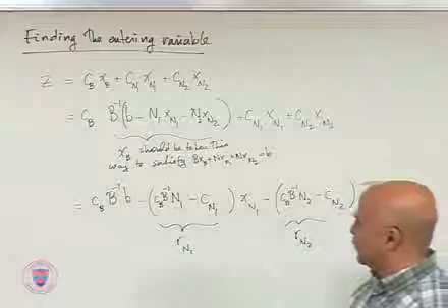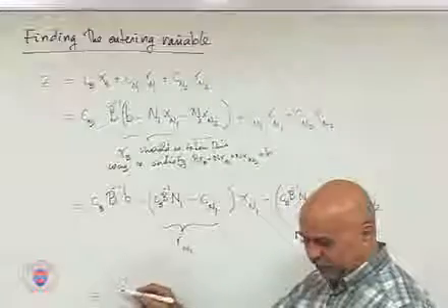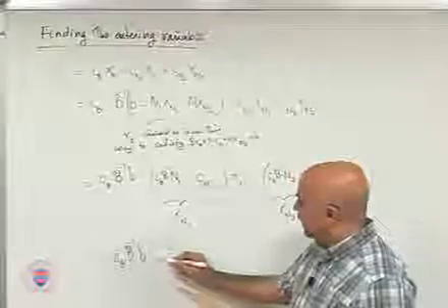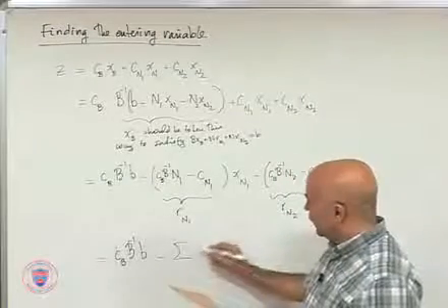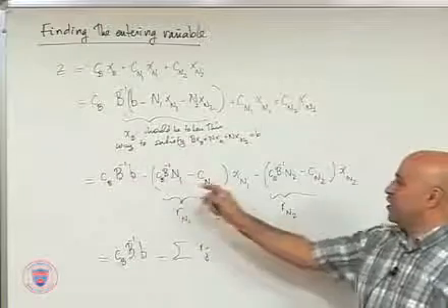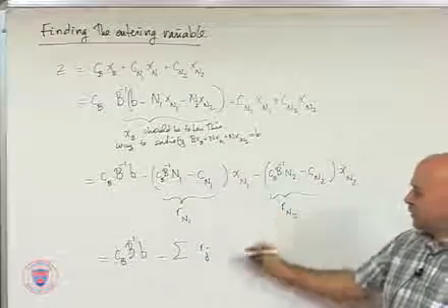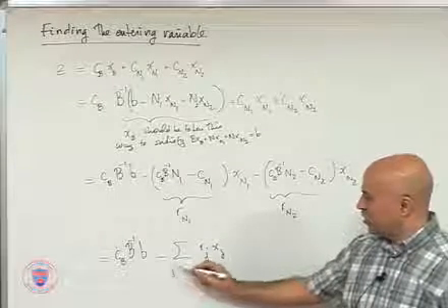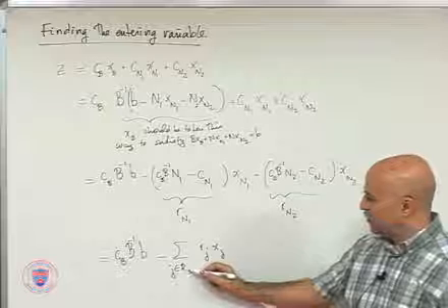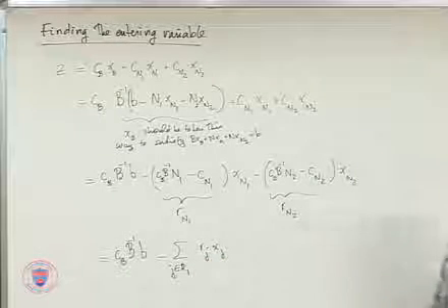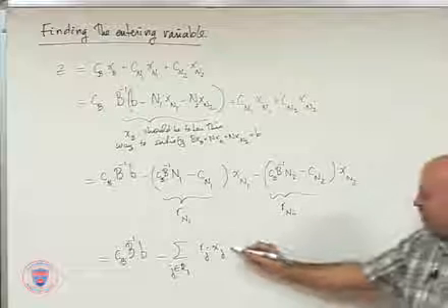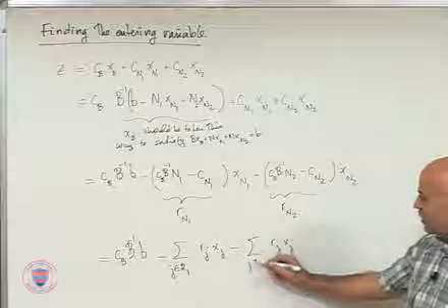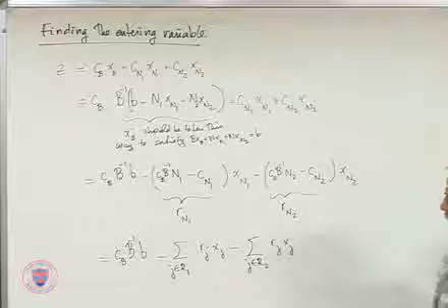Assuming that these are the reduced costs, what we have here is a constant minus summation, the reduced cost row vector times the column vector xn1, so it's just a dot product, rj xj, where j is restricted to the set of indices R1, minus summation rj xj, j restricted to the set of indices R2,